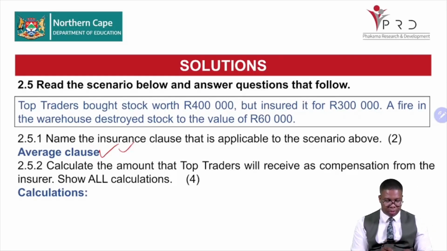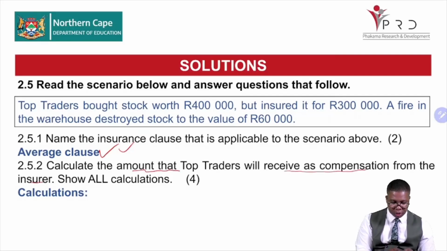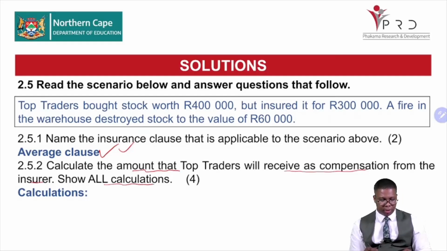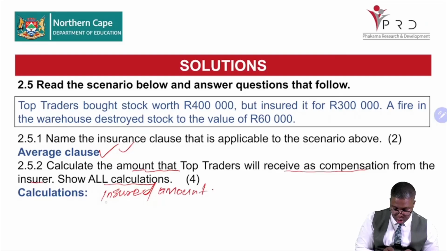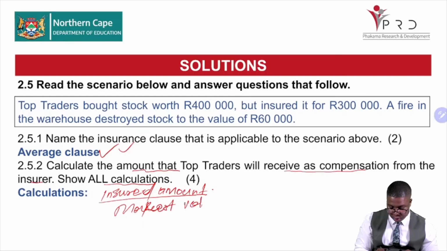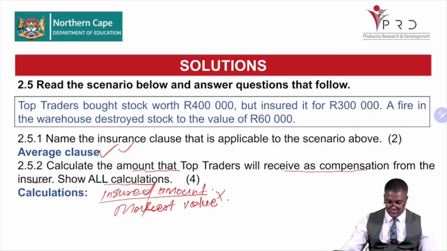Then we look into 2.5.2, which says calculate the amount that Top Trader will receive as compensation from the insurer and show all the calculations for 4 marks. What is important here is to start by knowing your formula. Your formula is insured amount over market value multiplied by